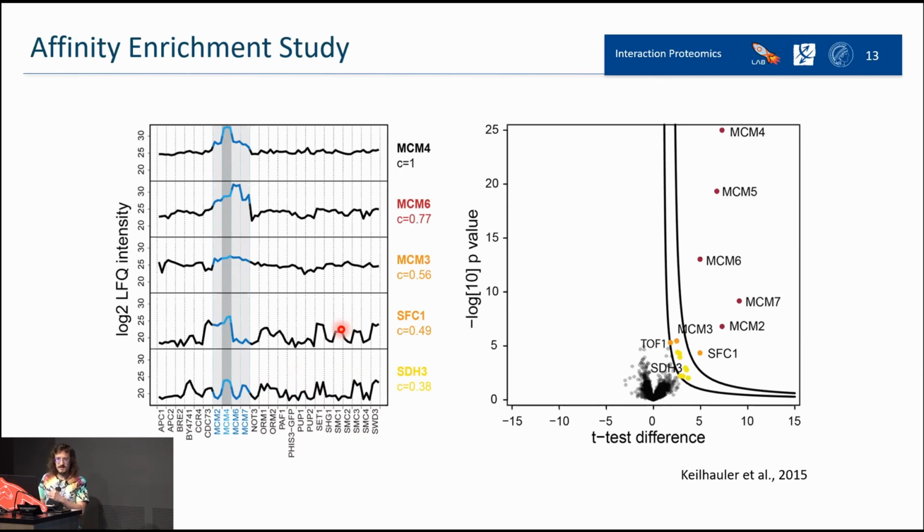So when they are binding unspecifically, the profile plot should be different in every condition. While here, they check the similarity, the correlation between the different profile plots for that specific protein. And here, then, they further verified with the t-test difference for that specific bait and specific binder.